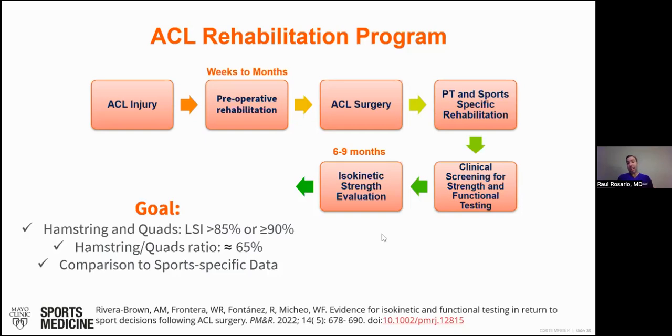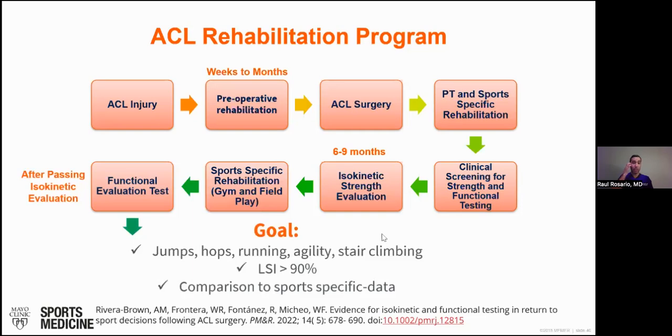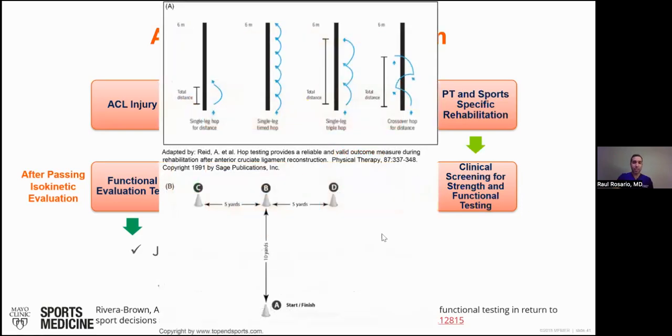And after the patient passes this test, with less than 10% difference, we can transition to more specific rehabilitation goals. And then we start doing more gym work, field play work, and maybe basketball court exercises at that point. And after they feel pretty good with that, we start doing some functional evaluation. Basically, these are standardized functional tests, and we incorporate some jumps, hops, and running. So these are some examples here. So we do the single hop test for